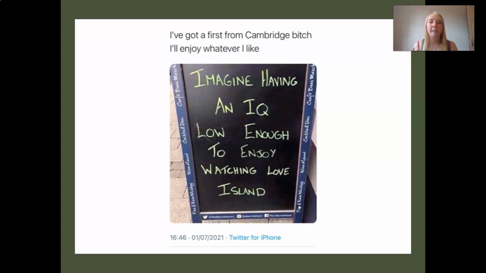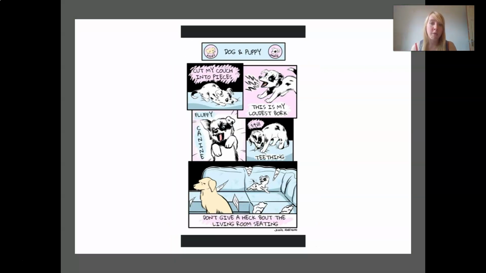So we can see here one of the things I'm going to talk about a lot in this paper: this isn't just a reference to a text, in this case Love Island, but all of the value judgments and identity work that go along with mentions of such texts, whether that's making associations between low intelligence or resisting that kind of narrative, and we can see both of those on display here. One that I found from a Boston Terrier Facebook group that I follow online to populate my social media